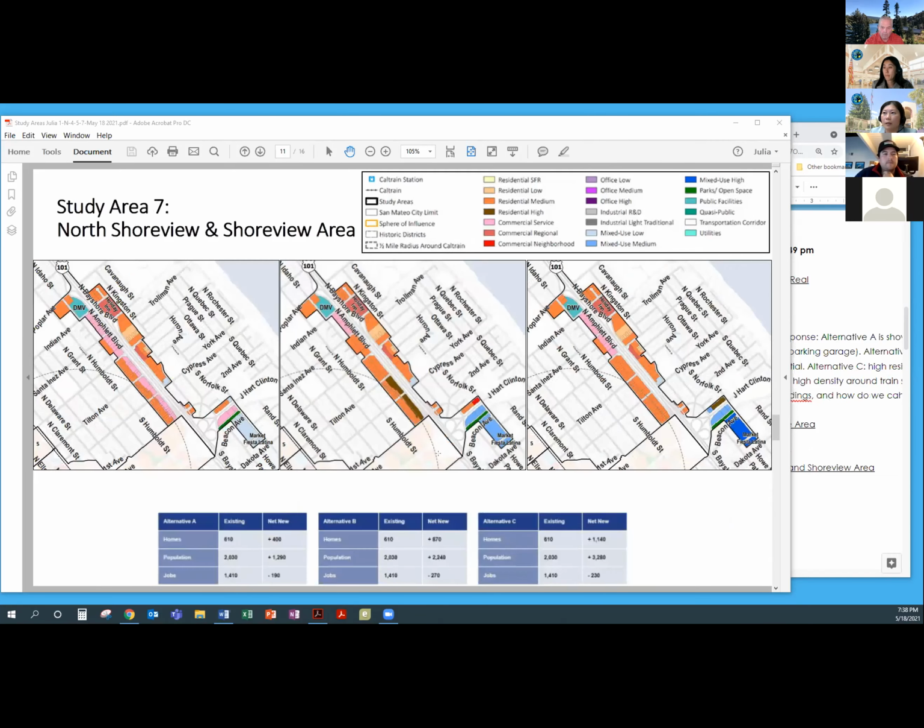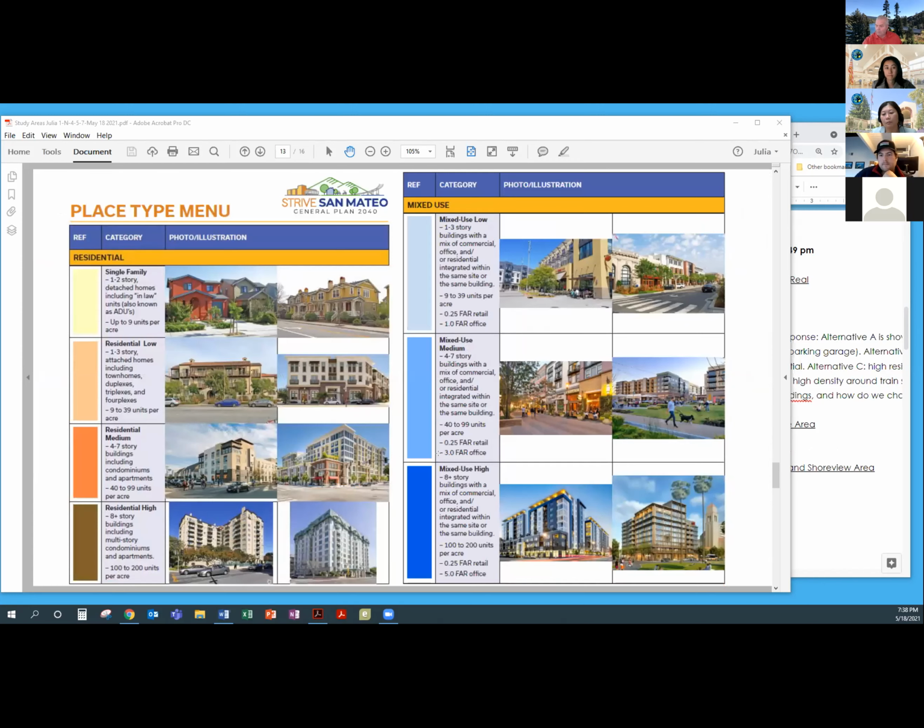Part of this exercise this evening is to talk about how people feel and think about these different types of land uses, and get your comments on the range of the building heights and the range of the densities. What we're looking at is a color variation. As the colors darken, building heights get taller, and the same thing for residential as well as commercial. And so we are proposing in the next 20 years for the community to consider more residential units as well as more square footage, more jobs, to be able to accommodate the growth that's going to be coming.